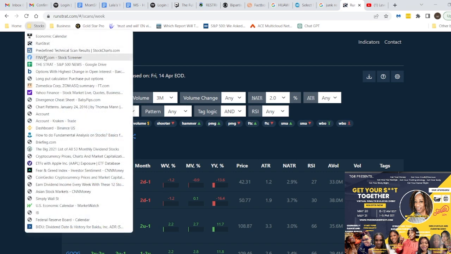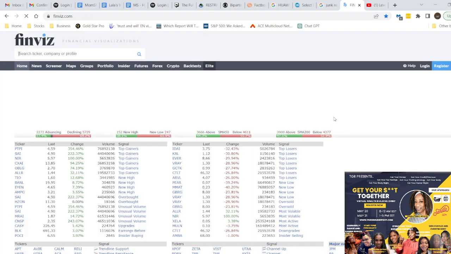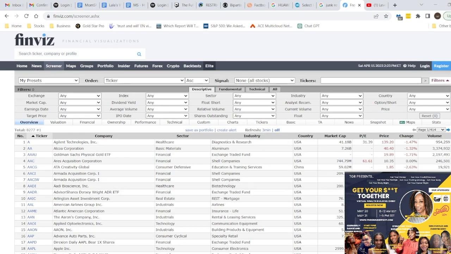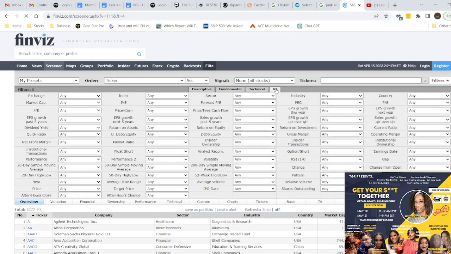Next, you can go to Finviz.com, and this is how you're going to screen. Now keep in mind these are going to be daily plays. So if you're looking at these, you need to make sure you understand that these are on the daily time frame that it is scanning, and so you need to possibly make a separate watch list for that. So once you come to Finviz and you click on screeners, you're going to click on all,